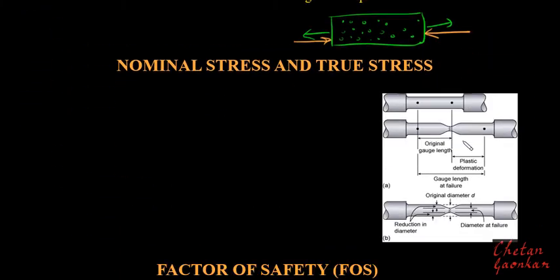Now once this is done, let us try to understand what nominal and true stresses are. This is a very important topic. Now, what is nominal stress? Suppose, for this case, again we take the same case. We subject this to a loading of, say, P. And suppose the original cross sectional area is A. In this case, the nominal stress can be given as sigma equals P by A.